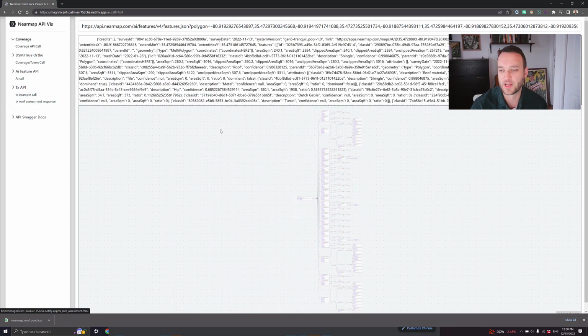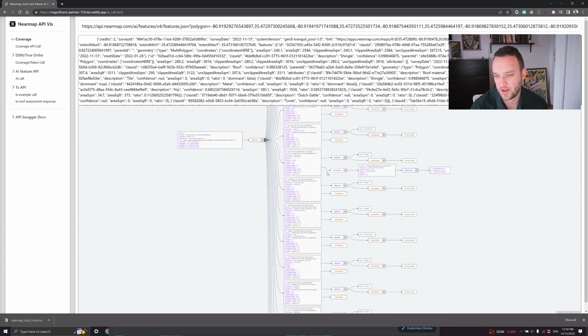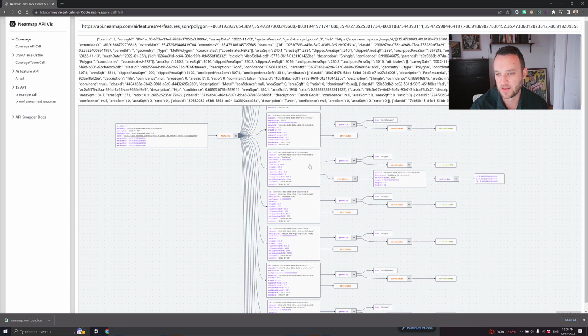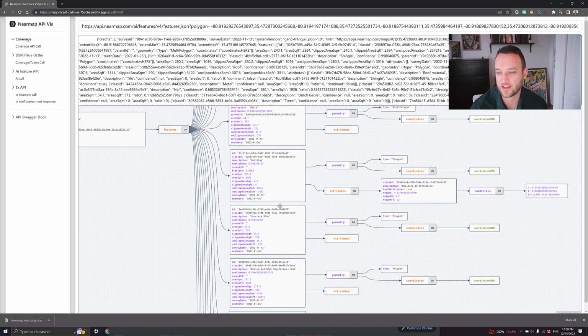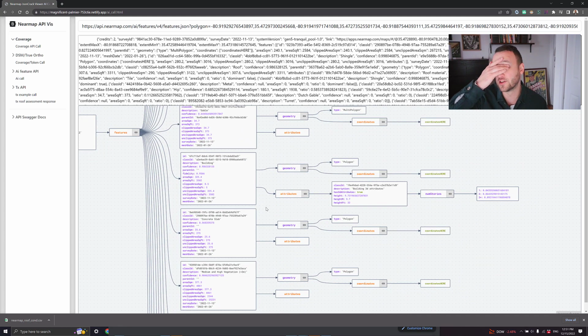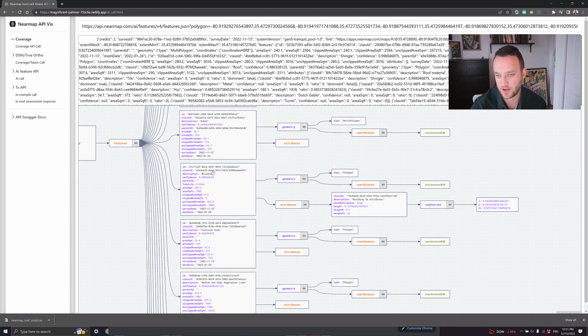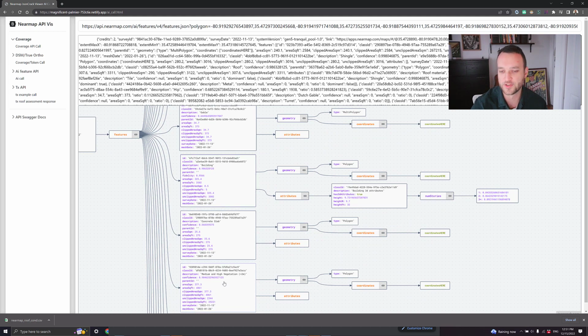I'm going to skip the transactional API explanation here, but I do want to touch on the AI feature API call, because it's a really good example of why the visualizer is a valuable tool to have. If I scroll in here, the AI feature API specifically has some interesting nesting that's good to be able to explain visually. Right here for the building footprints, within the features tag you have all the different AI features that are available. You can see gable roof, building, concrete slab, medium high veg, and the list goes on. But underneath the building footprint,